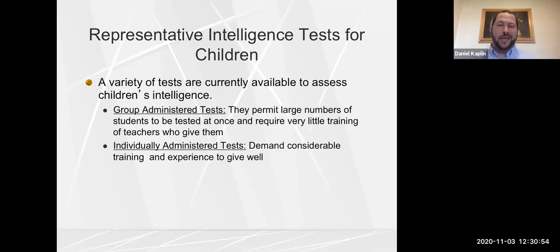And they require a lot of training. So if you were to go to graduate school to get a master's in school psychology or a doctorate in school, clinical or counseling psychology, you would have to take courses on assessment. And before you finish your program, you would have a minimum of 3 semesters on assessment. And 1 whole semester focuses on cognitive tests. So you have to have expertise and training.